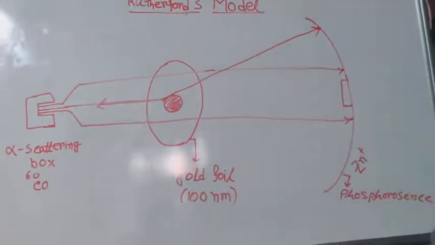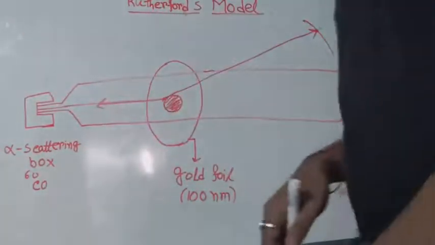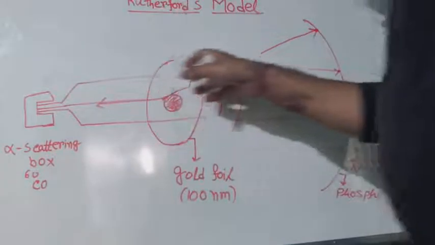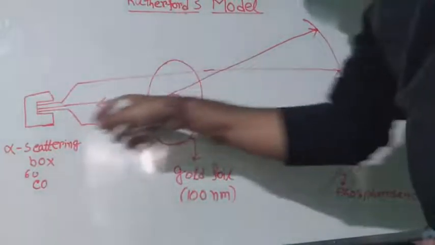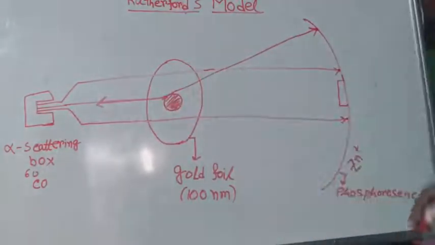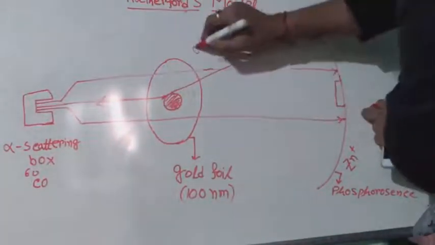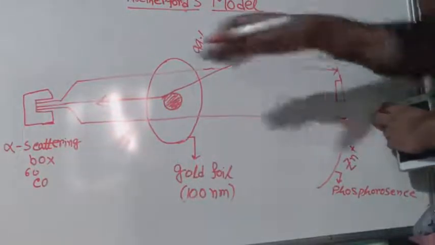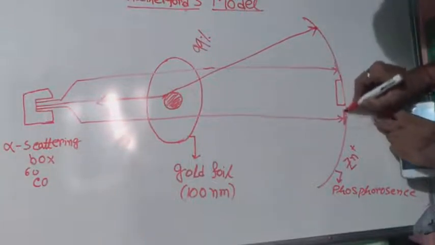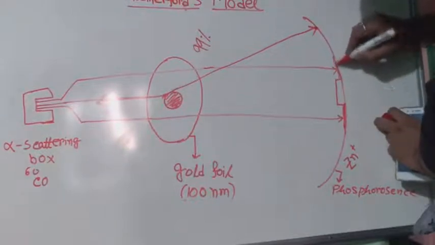What is the experiment? You can see. At first, the alpha particles pass through this gold foil. What was observed by Rutherford? If the alpha particle passes above the nucleus or below the nucleus, it can pass through the gold foil and hit these points. The maximum number, that means 99% of alpha particles, pass through this gold foil, and on this side scattering light is observed. The maximum amount of scattering light can be observed.